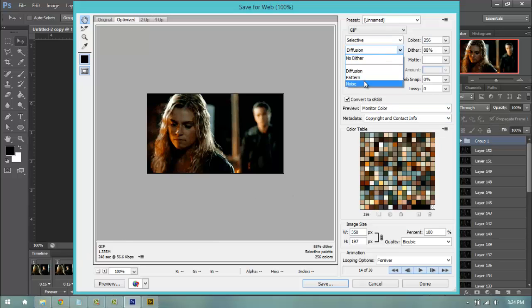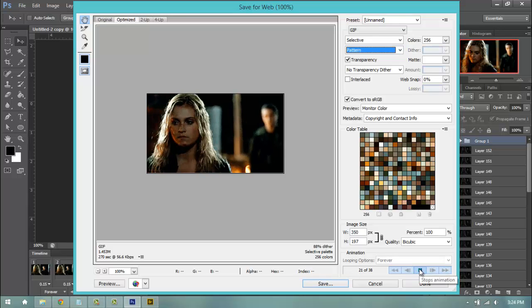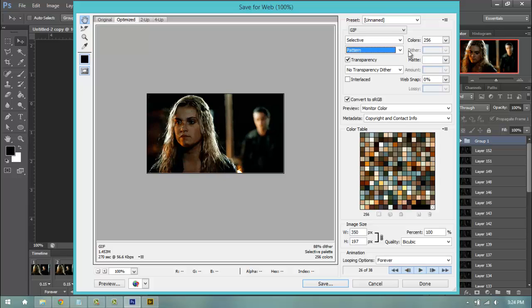Then I like to set my diffusion to either pattern or noise, and hopefully it'll bump it down. Usually it bumps it up, to be honest. As you can see, it did. But I'm gonna go ahead and let it play, and we'll see how